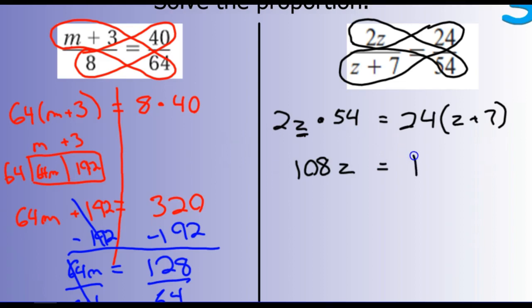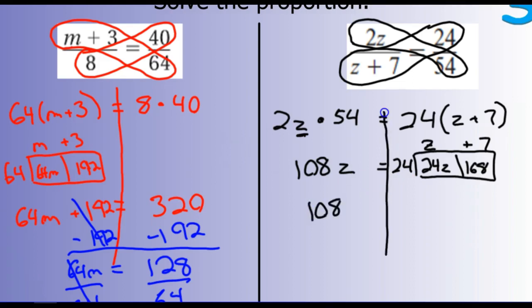We're going to do our box. So 24 and z plus 7. 24 times z is 24z. 24 times 7 gives us 168. So 108z equals 24z plus 168. Now if you take a look here, we have a z on this side and a z